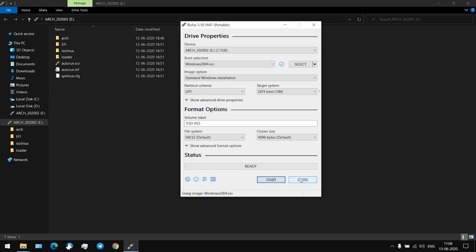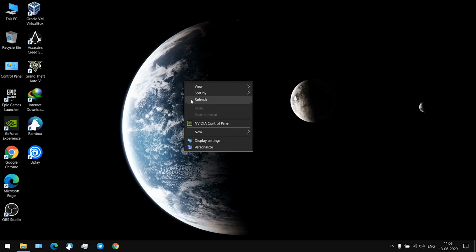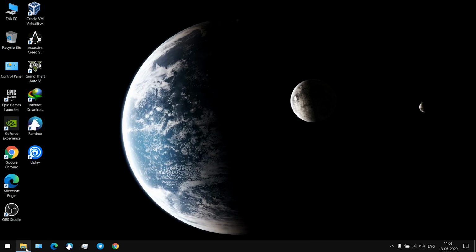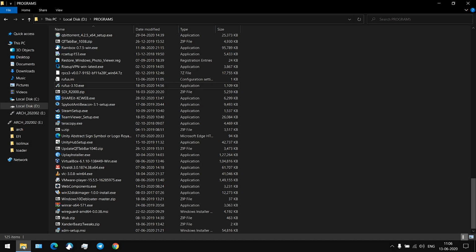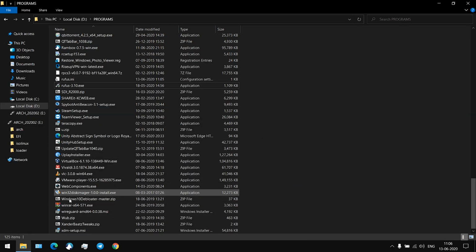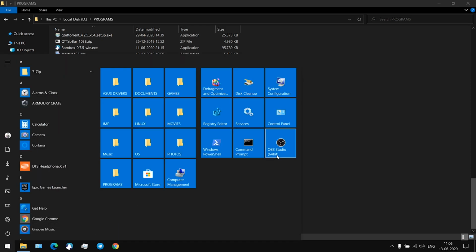I'm not going to do that because I'm installing on a virtual machine. If you plug your pen drive into a PC, go to BIOS settings. If you don't know BIOS settings, search on the net and change the boot sequence order to pen drive. Then it will boot from the pen drive. So I'm booting from a virtual machine.